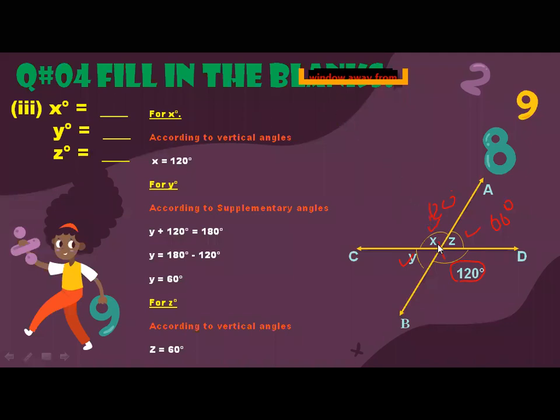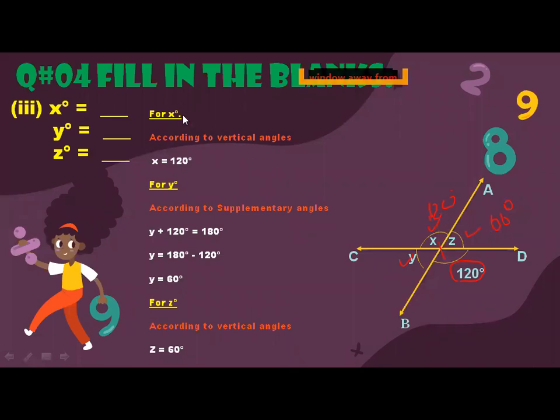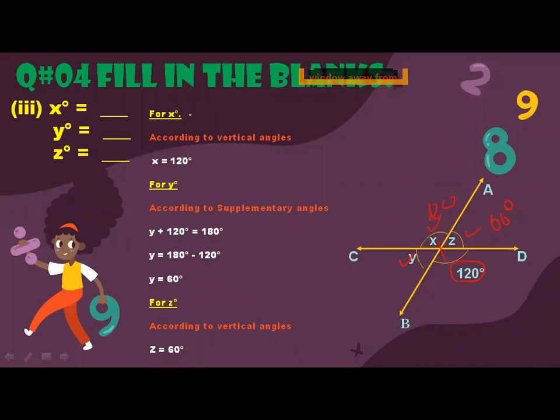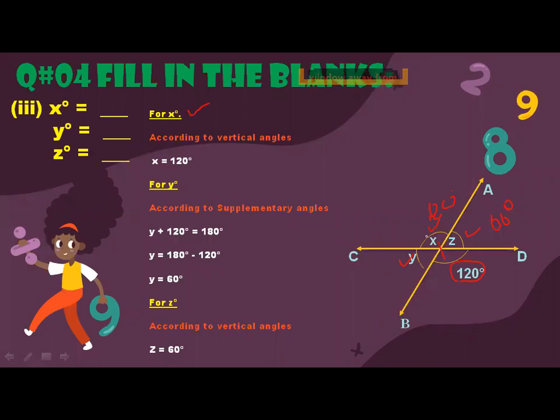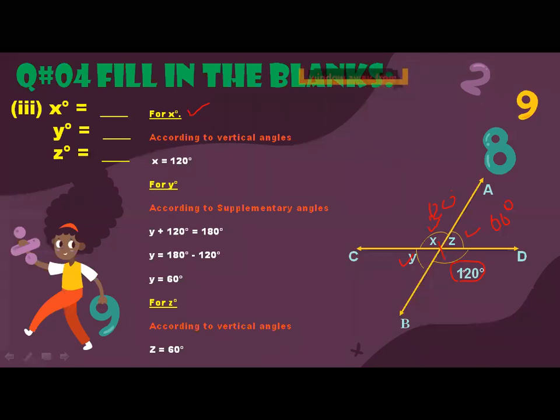Now, look at here, what you will do is up to you. Either you can draw the angle of 60° or 120° first, but I am going to draw the angle of x first because we are going to find out the x first. Okay, so you will draw the x of 120° and then extend this line towards the left side. So why are we extending it towards the bottom?